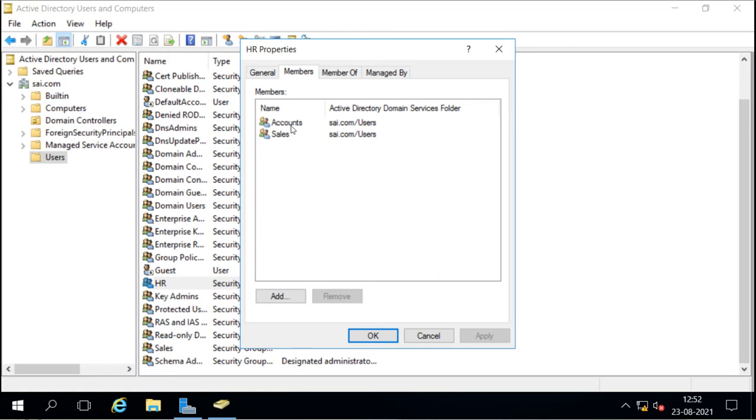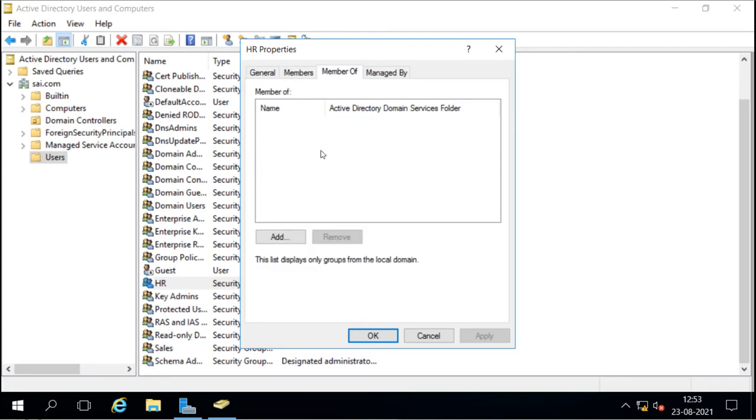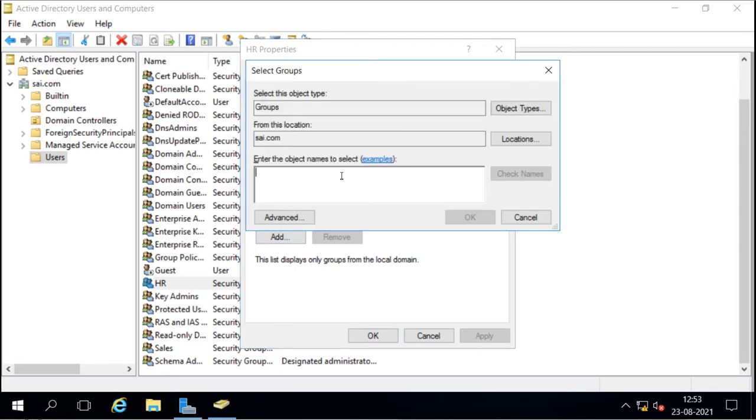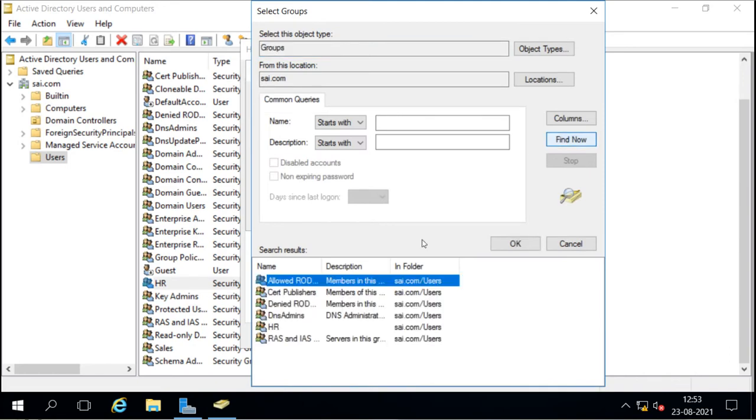So these are the members of this group, and then this group can be a member of another group. Let's say I want to make this group a member of a local group. So I will go to Add, then Advanced, and Find Now. If you don't know what groups you have, you can find them here. These are predefined groups.